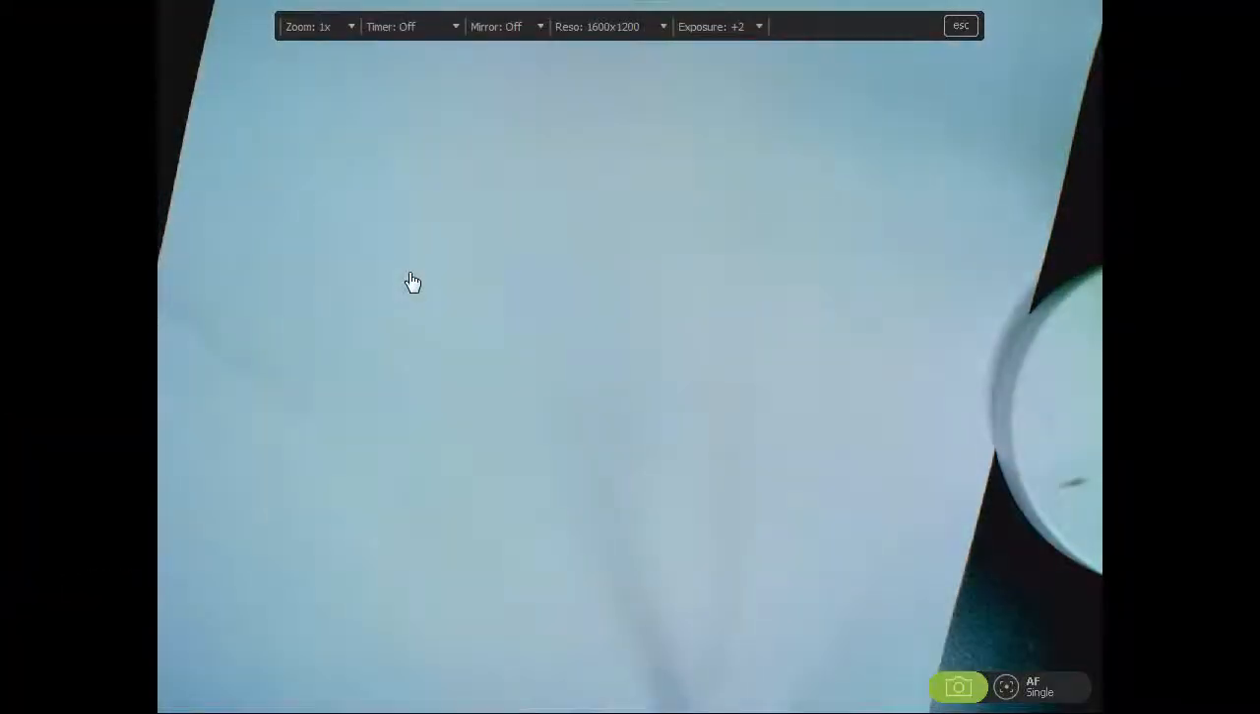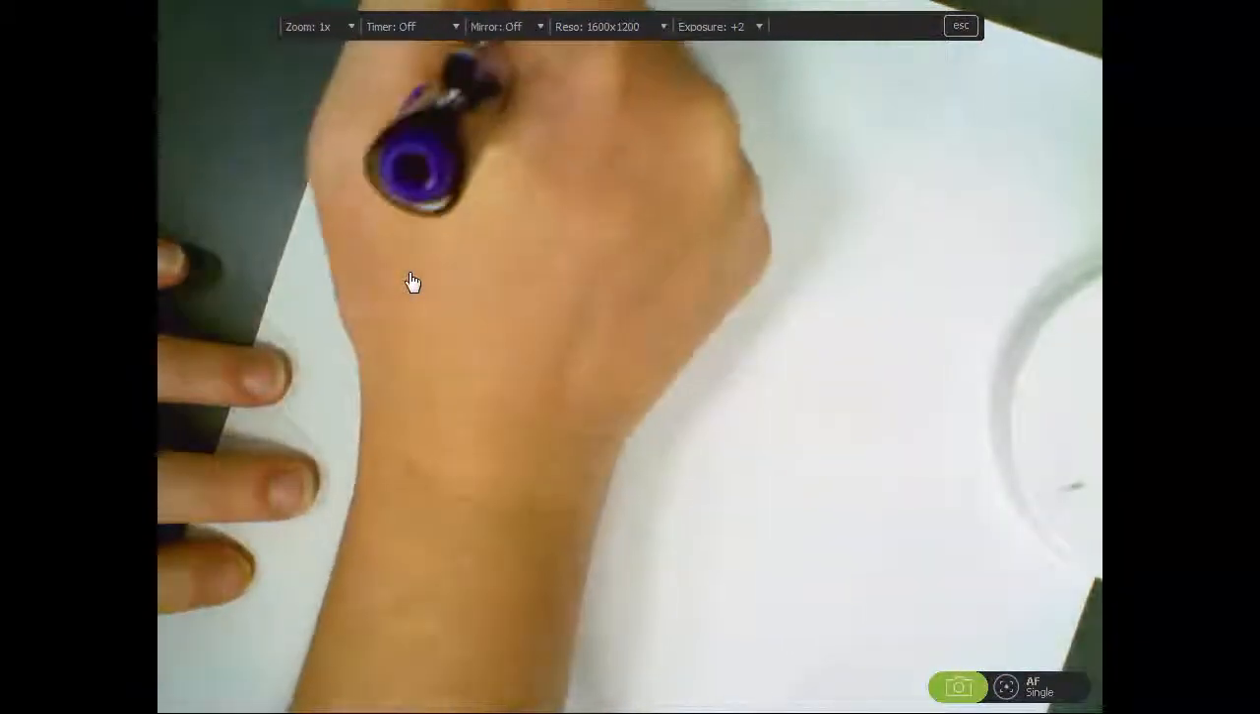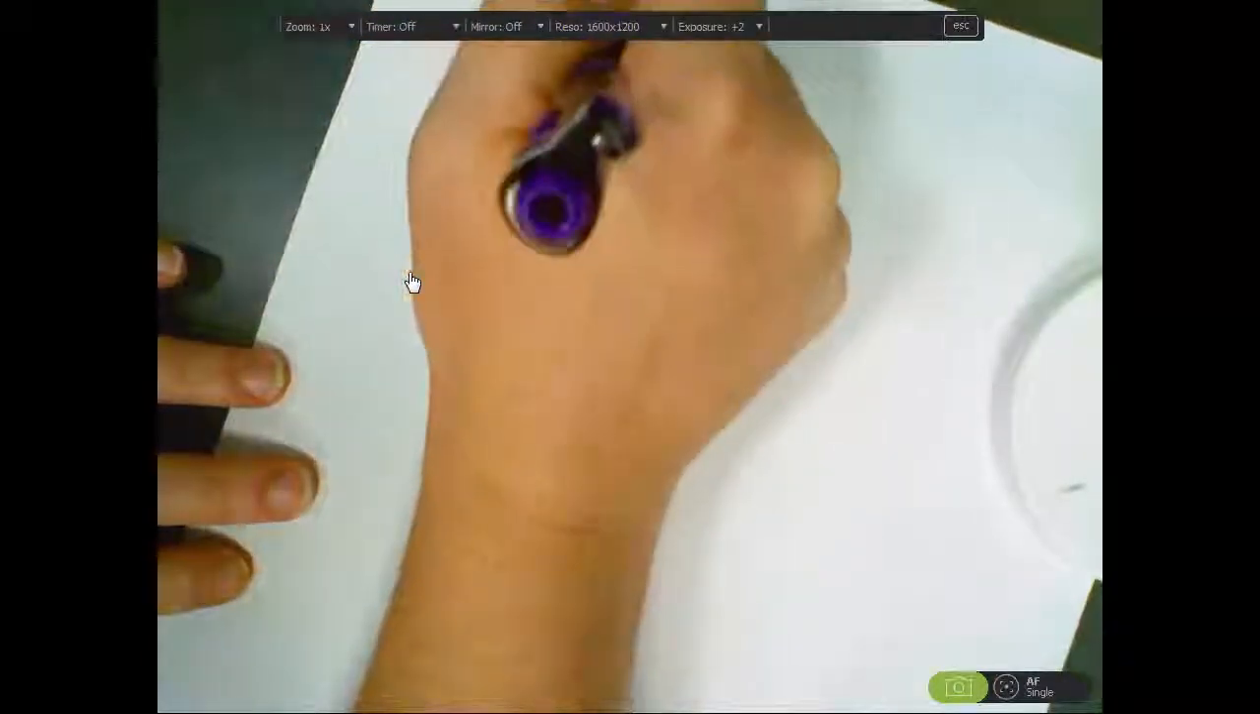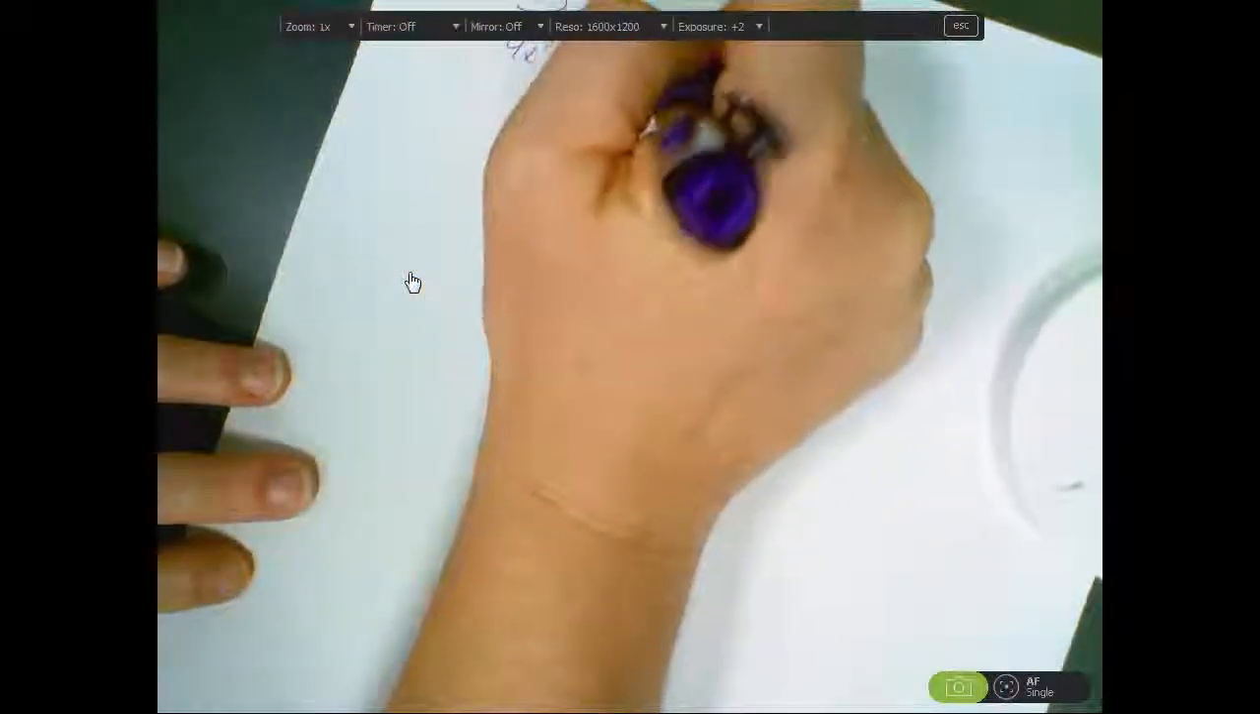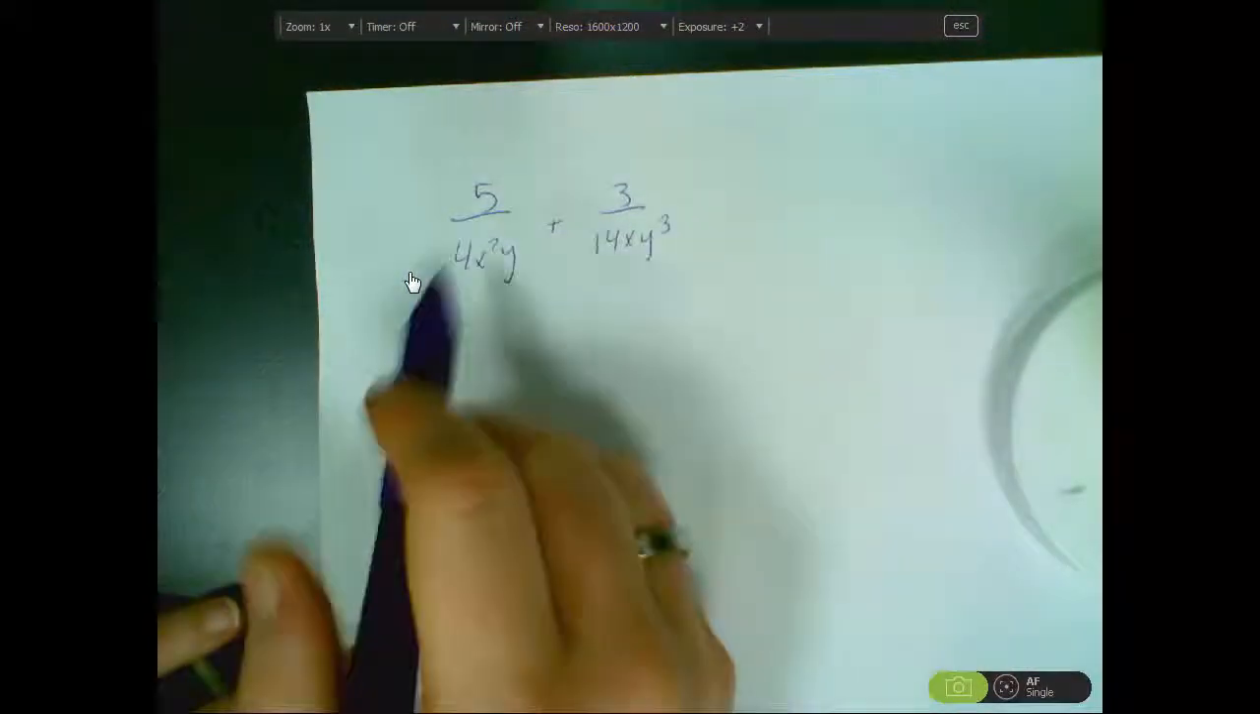This lesson is on adding and subtracting like algebraic fractions. So the first thing we have to do is talk about finding common denominators. In order to find a common denominator, let's see, we have 5 over 4x squared y plus 3 over 14xy cubed. My suggestion when you're first starting out finding common denominators is to factor the bottoms as much as